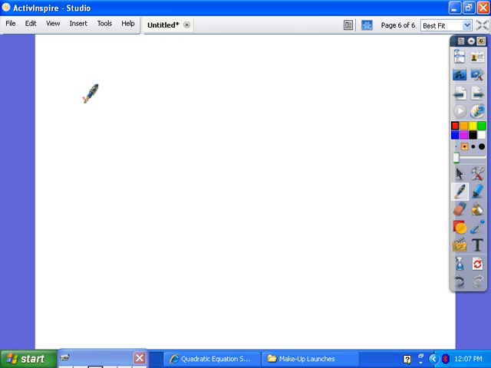So, let's start with a simple situation. Let's say we have a book sitting on a table. Alright, so here's my table, and there's my book. Let's say that that book has a mass of 1 kilogram. So if I were to draw just a free body diagram of that book, I'm going to draw that